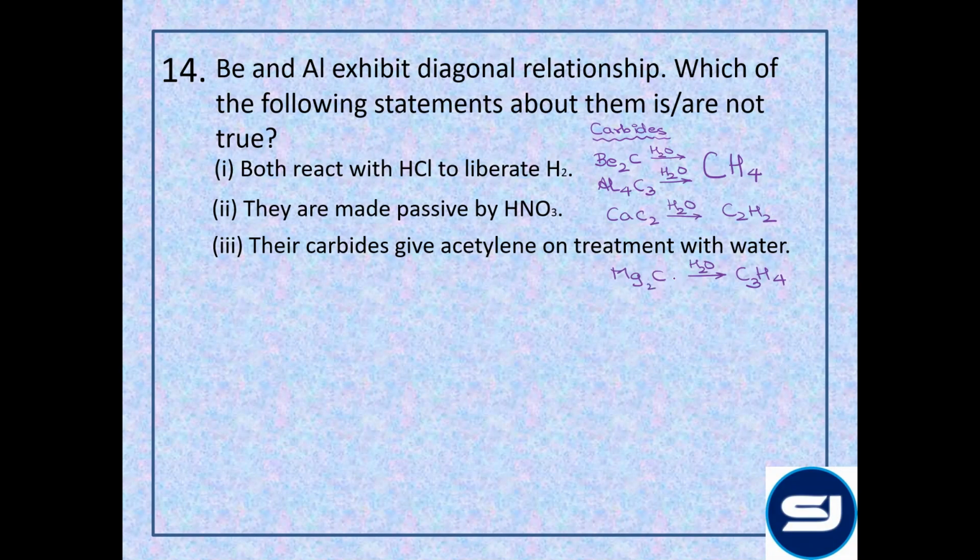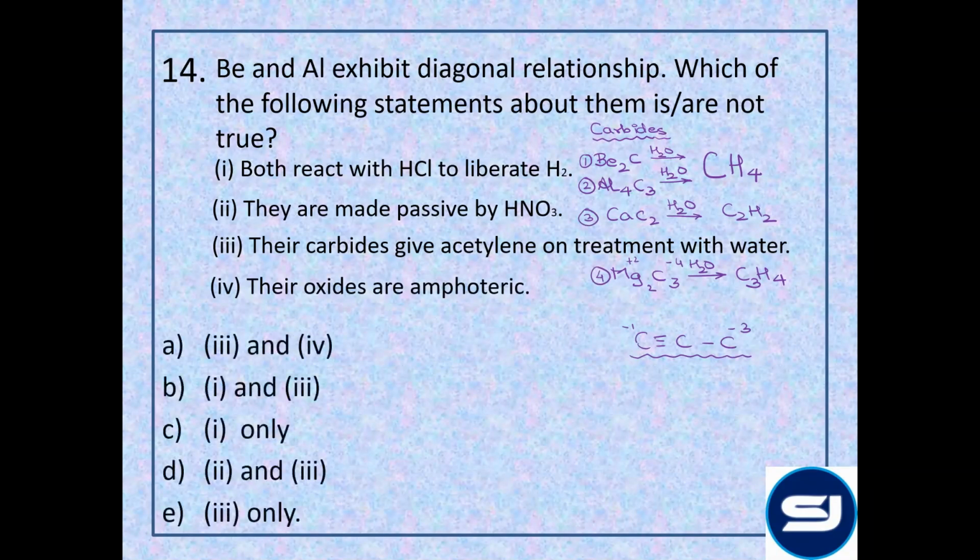सॉरी, Mg2C3। Mg, एक मिनट, C triple bond C single bond C, -3 and -1, so it's -4 and this is +2। या Mg2C3 हो जाएगा इसका। ठीक है, तो यहाँ पर क्या होगा, द H प्लस एंड द 3H प्लस विल कंबाइन टू फॉर्म द प्रोपाइन। तो ये चार ही कार्बाइड्स के इंपॉर्टेंट रिएक्शन है। बेरिलियम एंड एल्यूमिनियम कार्बाइड गिव्स मीथेन, कैल्शियम कार्बाइड गिव्स एसिटिलीन, मैग्नीशियम कार्बाइड गिव्स प्रोपाइन। तो ये इनकरेक्ट है। एंड देयर ऑक्साइड्स आर एम्फोटेरिक, ये भी करेक्ट है। तो नॉट करेक्ट में 3 ओनली विल बी द आंसर।